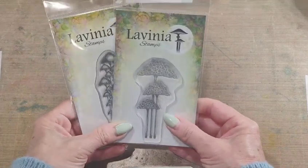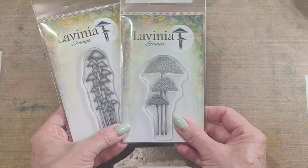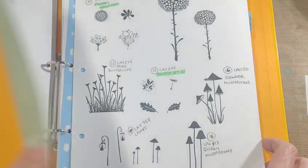I've had a lot of people wondering about cataloguing stamps. I've got two here that have not long arrived. They're from Lavinia Stamps, and I keep them catalogued in a folder. Sorry about the glare. And I've got some dividers in here